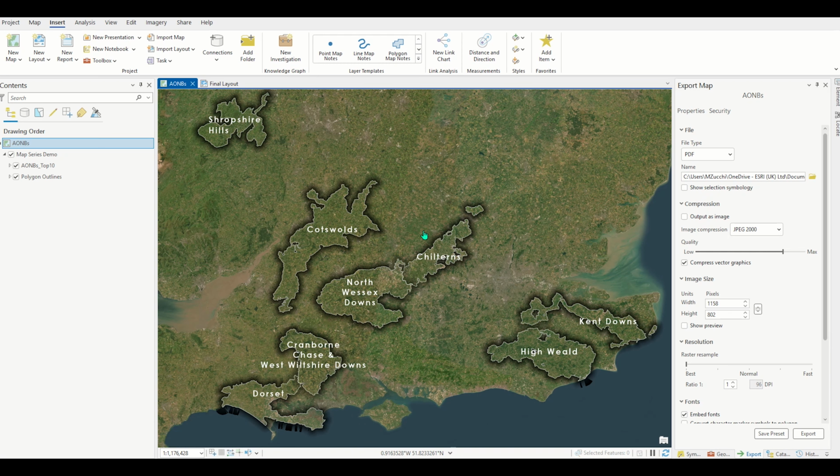My name is Matteo, and in today's video, I'll be showing you how to create a map series in ArcGIS Pro. You can use map series if you quickly want to create batches of maps that display uniform information that is specific to your attributes, or for your bookmarks of interest. In today's example, I'm going to be showing you how to do this for the areas of outstanding natural beauty in the UK. For ease, I've narrowed it down to the top 10 largest,